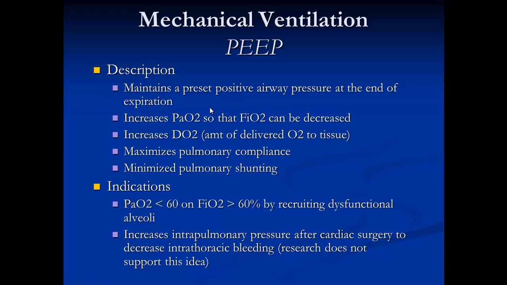PEEP basically is the preset positive airway pressure. It's the same physiological PEEP that you have inside the alveoli that avoids lung collapse and atelectasis. Increases oxygenation, increases the diffuse amount of oxygen to the tissue, maximizes pulmonary compliance, and minimizes shunting. Indication is basically for recruitment. You always start with a PEEP of 5